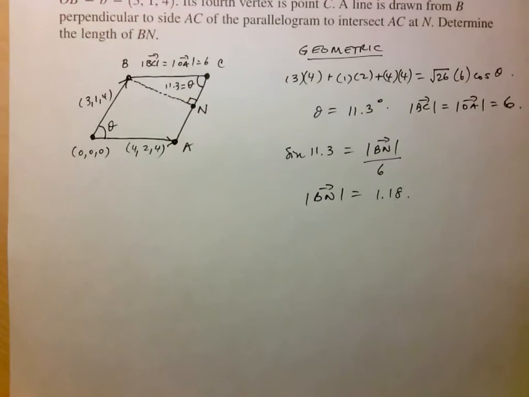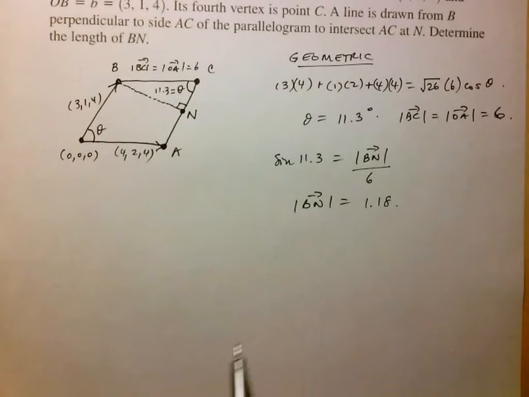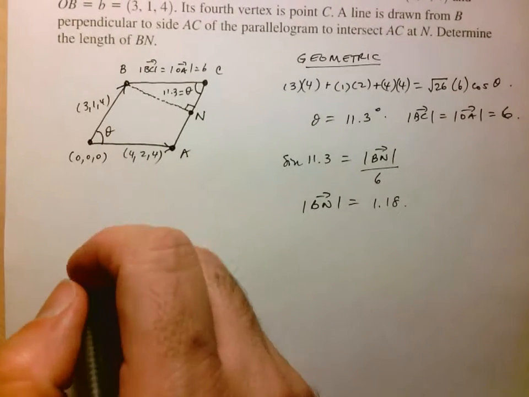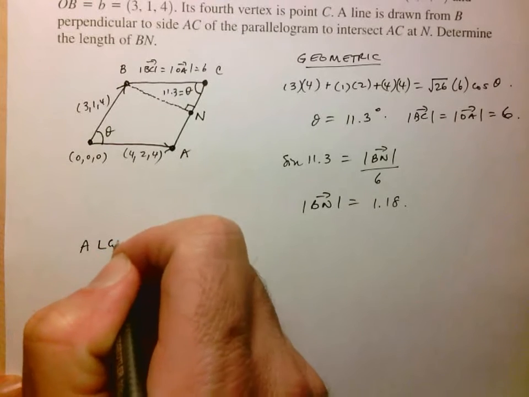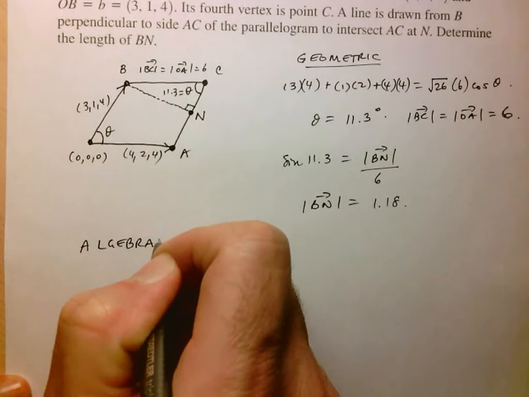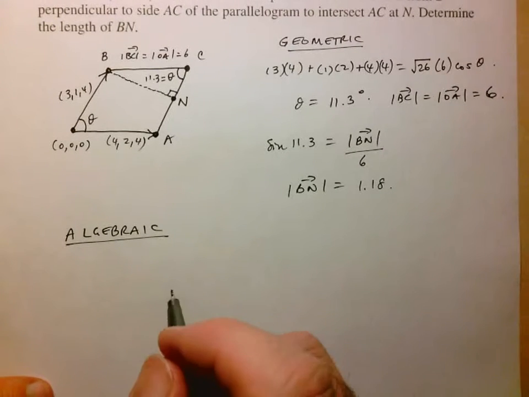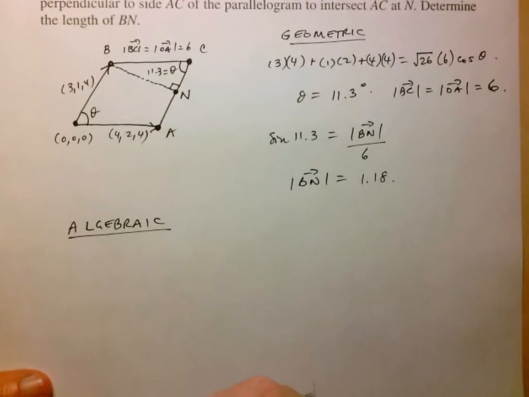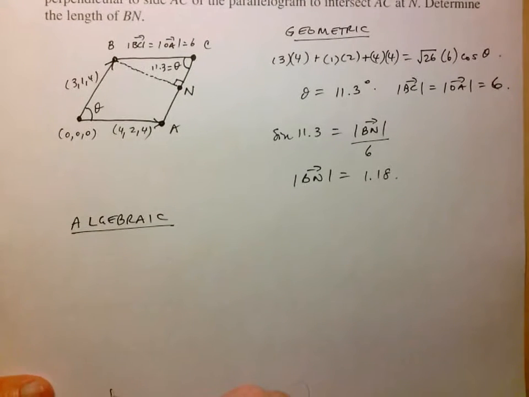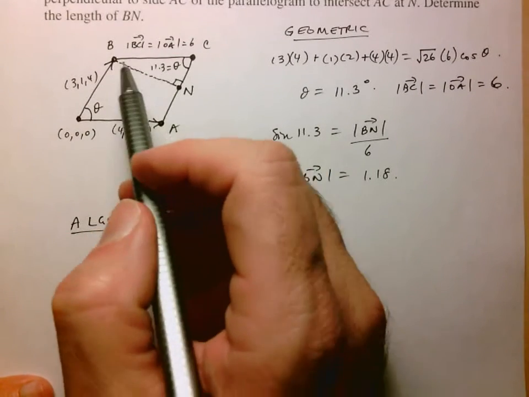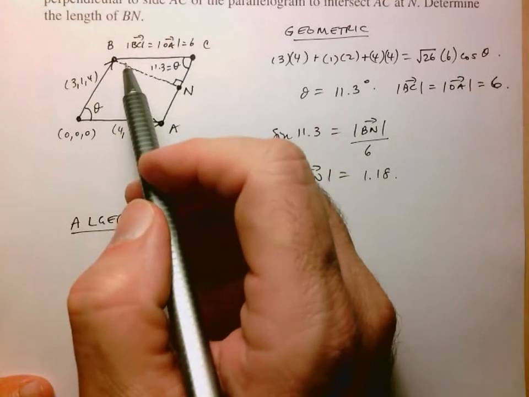Okay, so not too bad. You know, a bit of work to do. You had to find the angle. Okay, set everything up. But now let's take the algebraic approach. And what I mean by the algebraic approach is I'm not going to work explicitly with any direction or any angle here. Okay, and this is where now I'm going to remember that, hey, this line BN actually represents